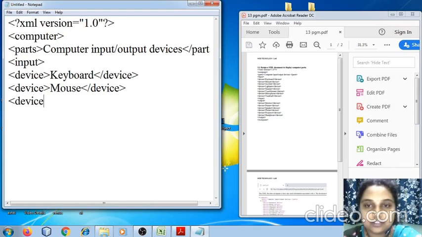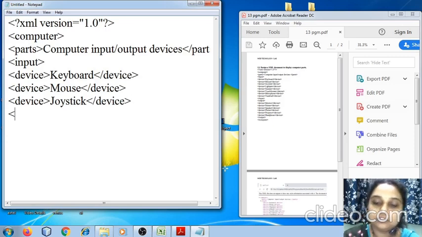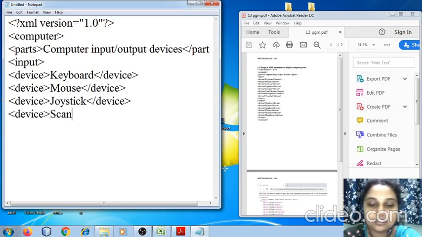Third input device we are going to include is joystick, the third device. In this manner we can create multiple devices. That is going to be scanner.